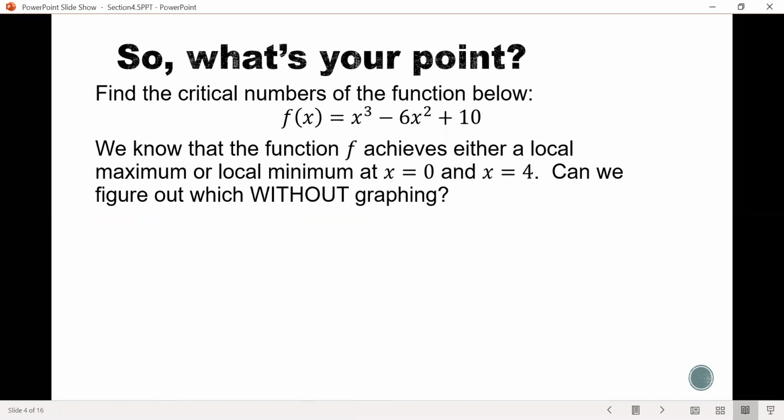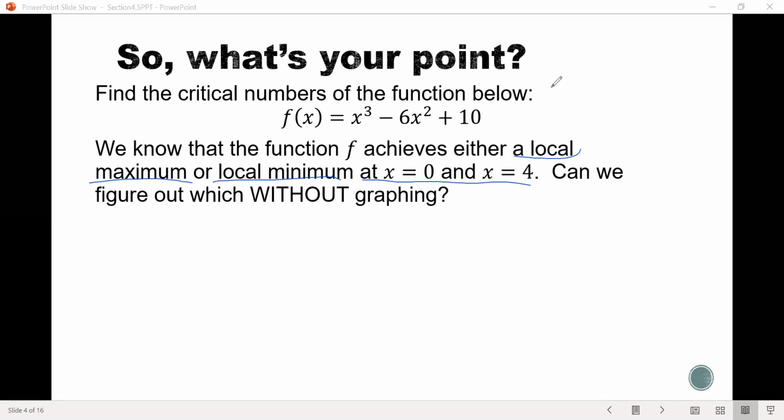And here it says we found the critical numbers. And if you recall, when we learned about critical numbers, what those tell us is the locations of local mins and maxes of the function, right? So we know that at x equals 0 and x equals 4, we're either going to have a local max or a local min. And we want to know, is there a way we can figure out which is which